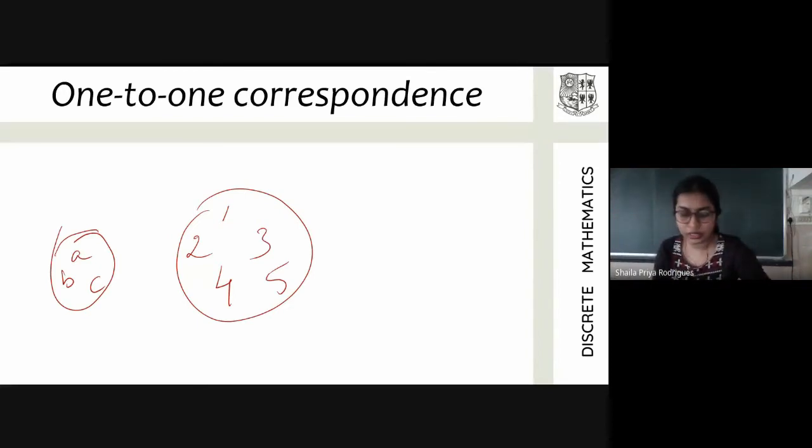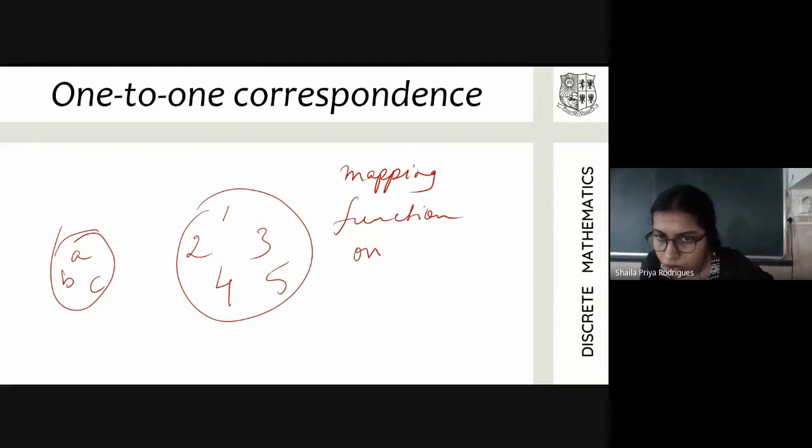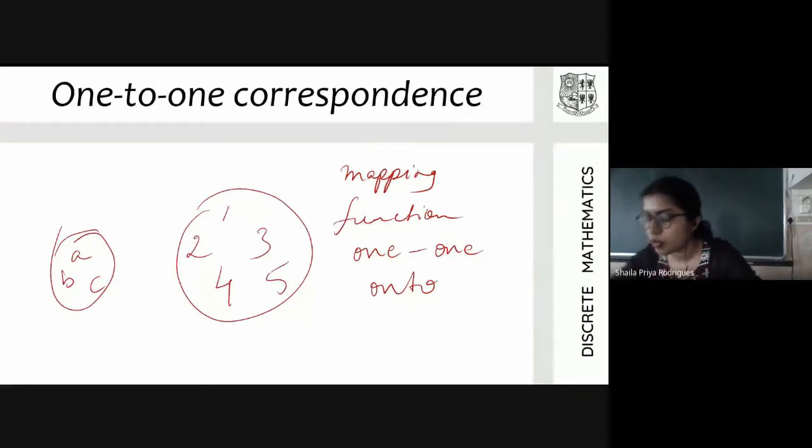We'll try to learn this definition in terms of the three words that we've already studied in our previous classes. That is a function, a one-one function, and an onto function. When do you say a mapping is a function? What is a mapping now? I want you to discuss what a mapping is, what a function is, what is a one-one function, and what is an onto function. Same number of elements in both. Yes, that is one thing that two sets must have to say that they have one-to-one correspondence, element paired to another. Yes. Okay, we'll discuss mapping first.